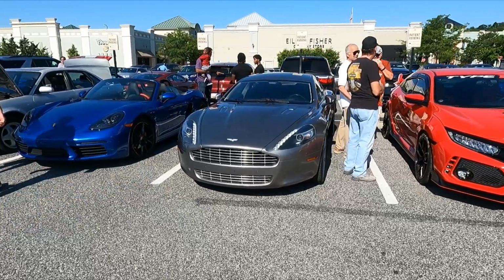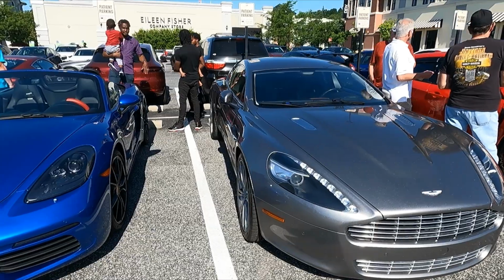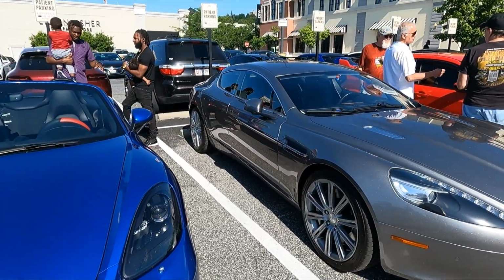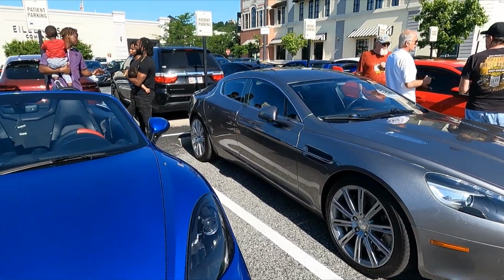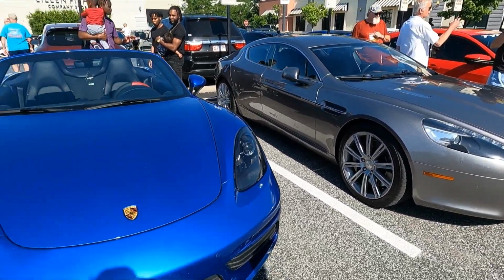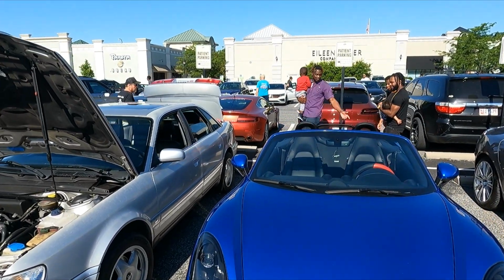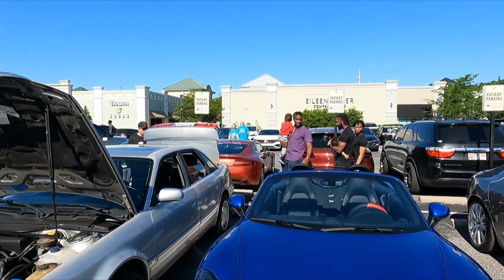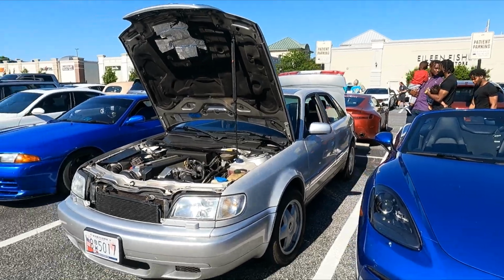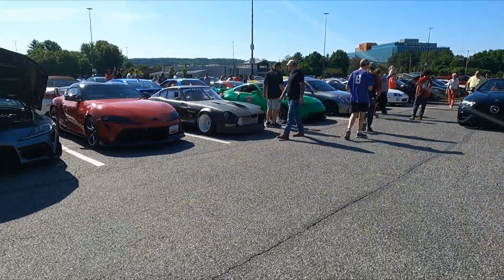So here is a newer Aston Martin. I don't believe this is the Vantage. I believe this, no, it is not. This is the Rapide. It's the four-door version of it. But still, very, very nice. Another Porsche. So there's an Aston Martin over there also. That orange one in the back. Very cool, beautiful inside. Fit and finish is phenomenal. And we were up here looking for,